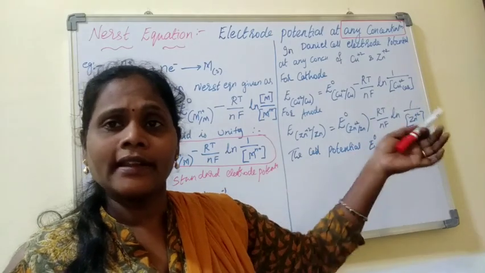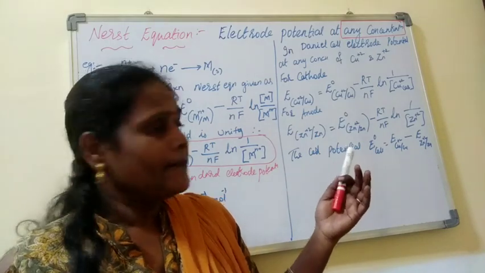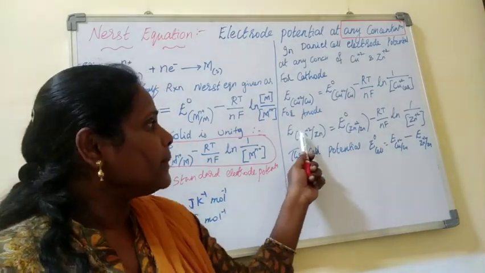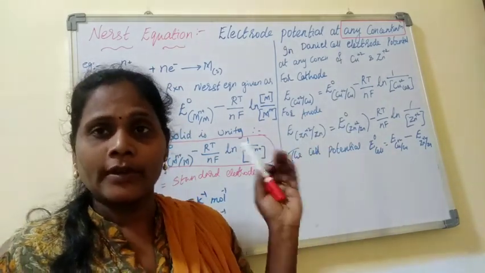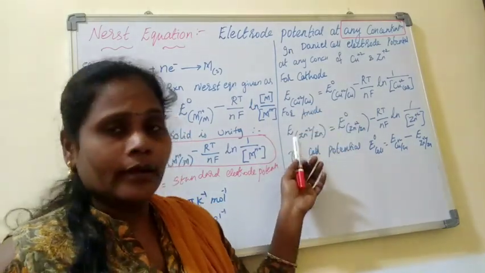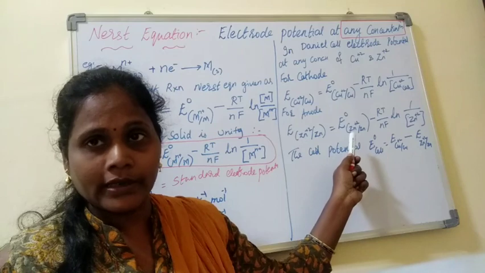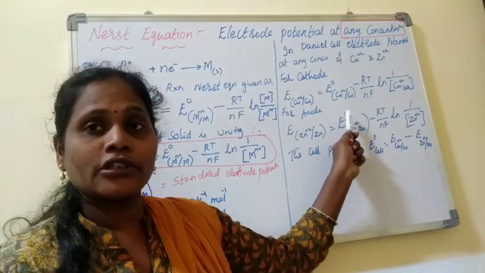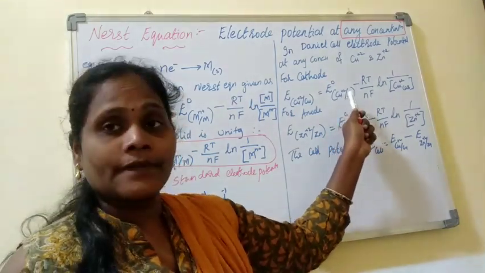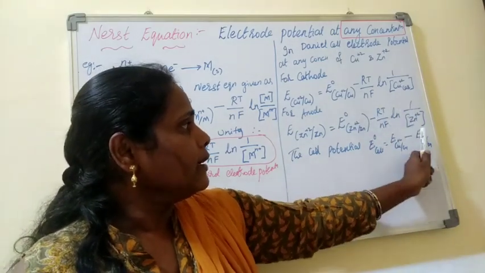How much concentration do I take? That now needs to be 1 molar concentration. That is my aim to calculate here. Right. At the anode, zinc is happening, right? So Zn^2+ to Zn. Again, reduction potentials we have to take, because standard reduction potential only we have to consider. We also consider the same for the anode, but you don't need to be confused here. So Zn^2+ to Zn, because this is the standard reduction potential we use, right? So E naught is the standard reduction potential of zinc. I hope you remember that is minus 0.76 volt. Here plus 0.34 volt. Okay. Then minus RT by nF ln 1 by Zn^2+.